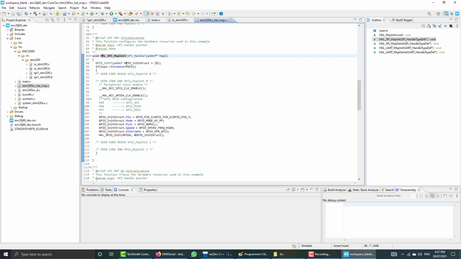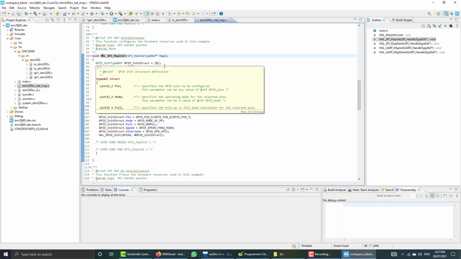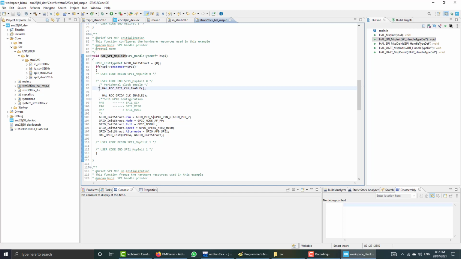What this code actually does is some basic initialization before we can initialize the actual SPI port. It does two things. It enables the clock to the SPI1 peripheral, this HAL_RCC_SPI1_CLK_ENABLE. Before we can use any peripheral inside the STM32 microcontroller, we first need to enable that peripheral.